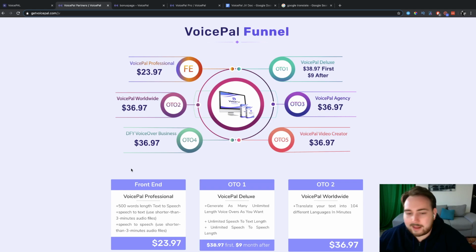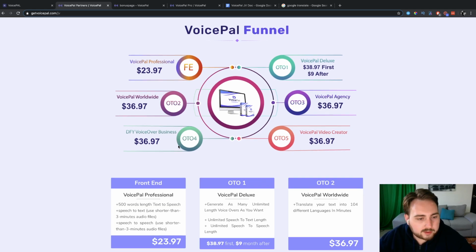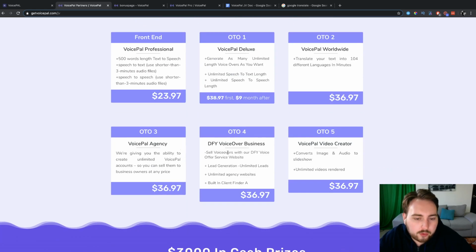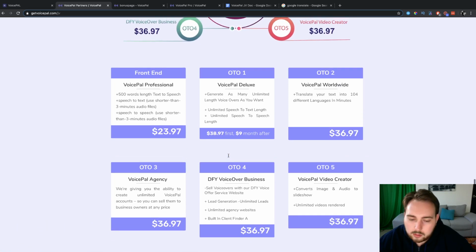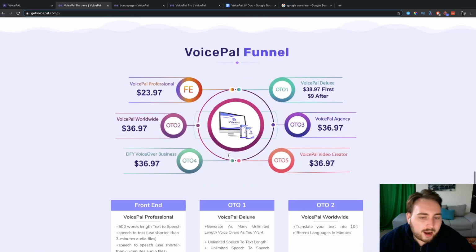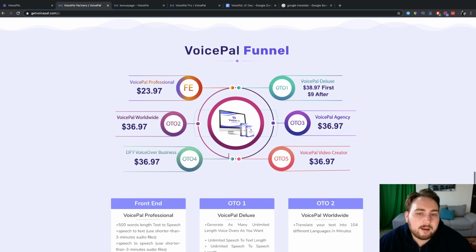So that's a pretty good idea there on the agency. Upgrade number 4, also at $36.97. All right, someone wasn't being overly inventive with these prices. This is the voiceover business. This is going to allow you to sell voiceovers with their done-for-you voiceover service websites, lead generation, limited leads, limited agency websites, built-in client finder. All right, don't even know what that means, but basically it's going to allow you to sell this